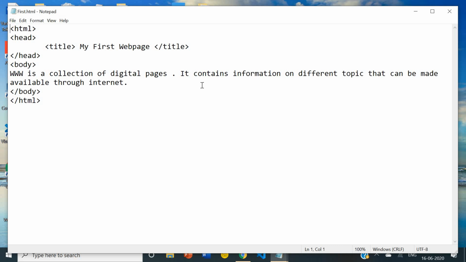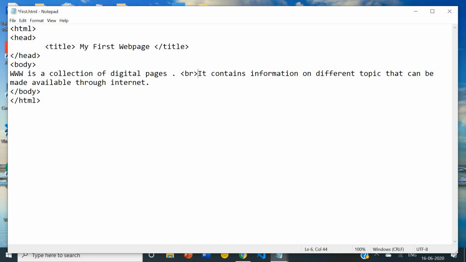Now this is the text. If you want to make some changes, for example, I want to add a tag, the BR tag. We have not studied much about tags, but one tag I am using here is the BR tag. I think I have already told you, the BR tag is used for line break.